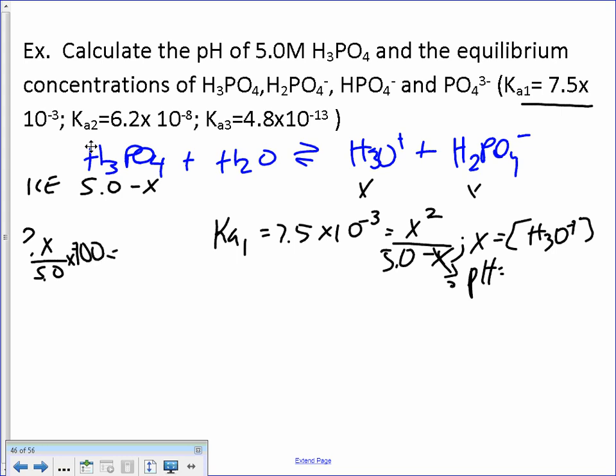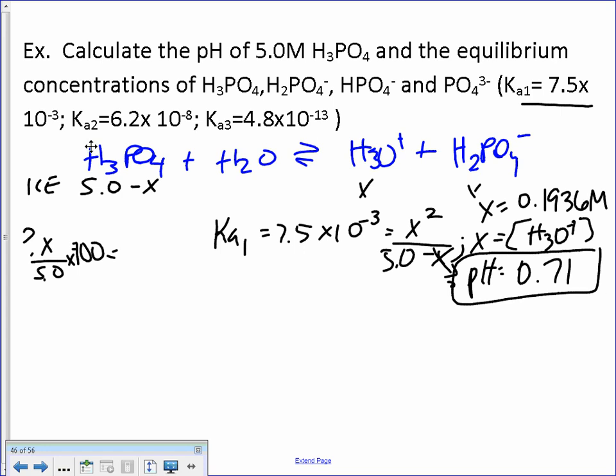I'll write that down in a second. So when you solve for X, you get 0.1936 molar. Okay? So I'm doing some of these calculations for you. This is what you're going to plug in for hydronium. And when you find the pH of just this right here, that presence of hydronium gives you 0.71 as your